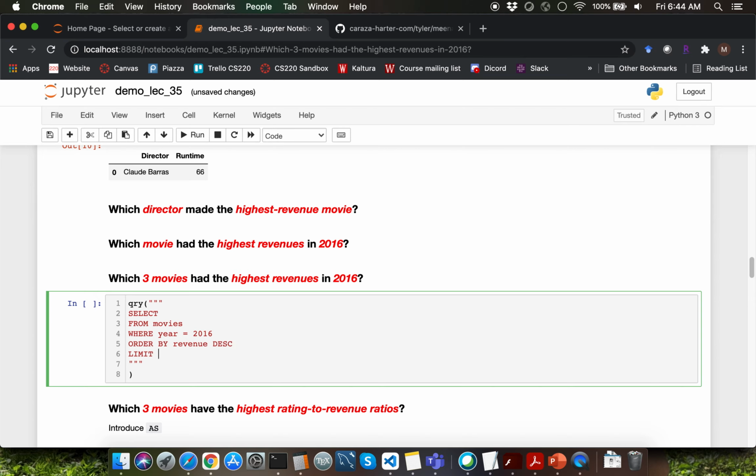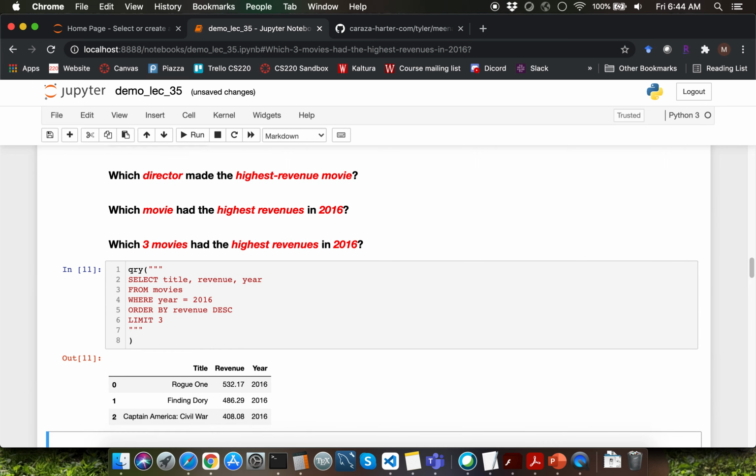Let me include the limit clause as 3 here because we want to extract 3 movies which had highest revenue in 2016. Let's go ahead and look at the movie title, revenue, and the year over here.